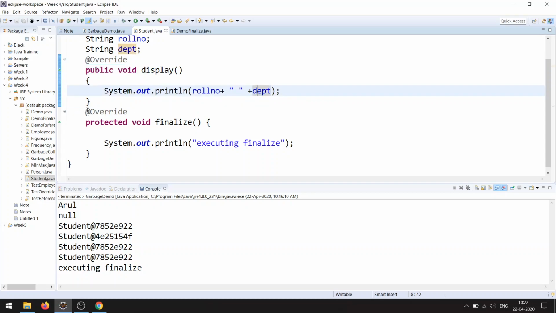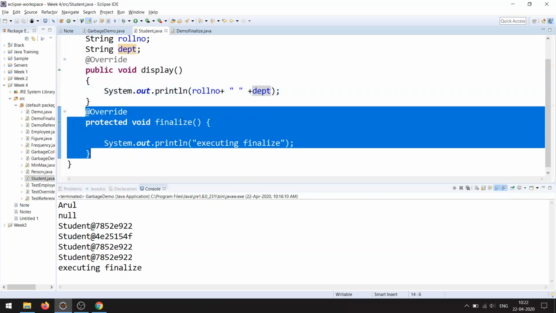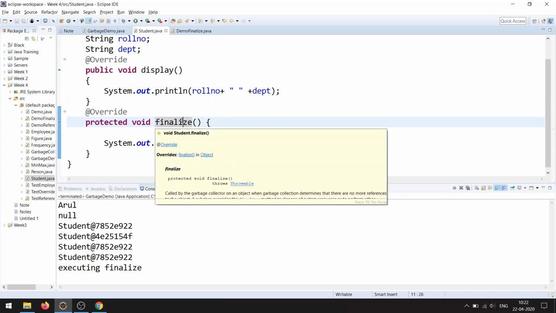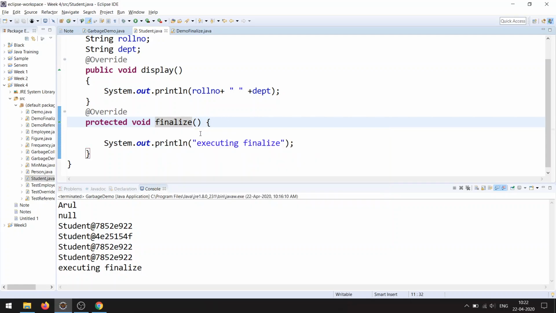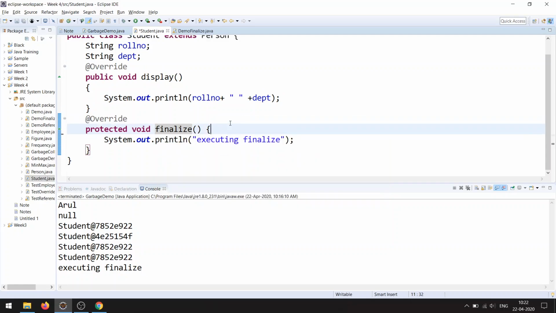Inside that I'm attaching the finalize method. Inside the finalize method, you can put your own logic, like closing the file handle, closing the database, or whatever logic you want to execute. The finalize method will always be executed before deleting an object of the corresponding class.